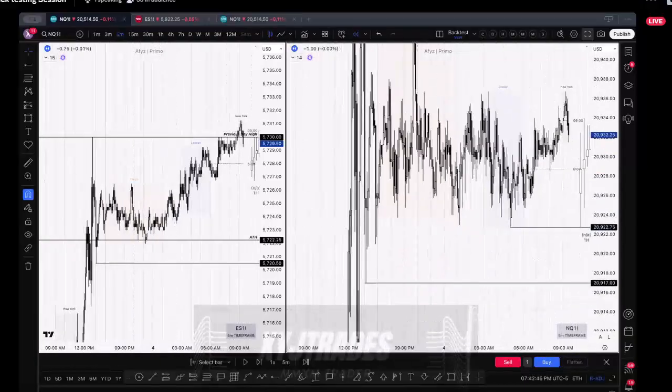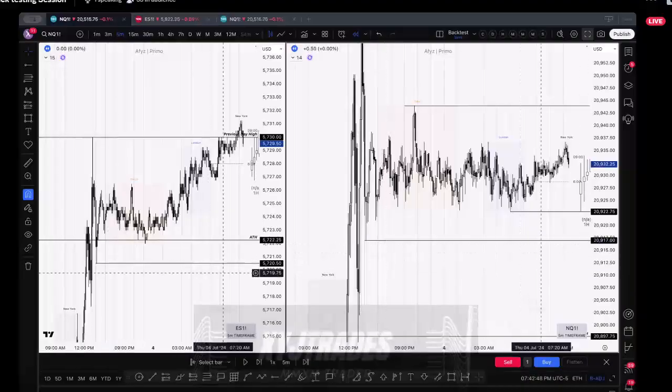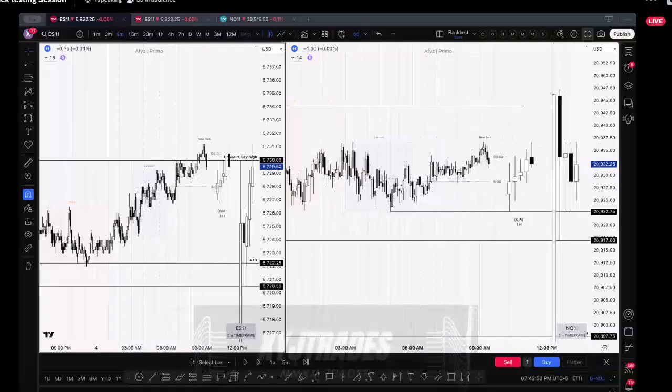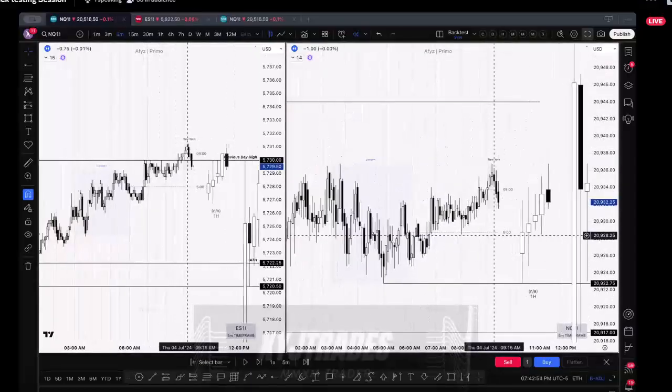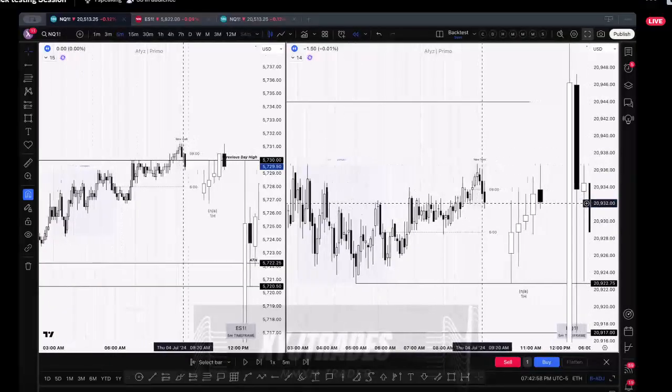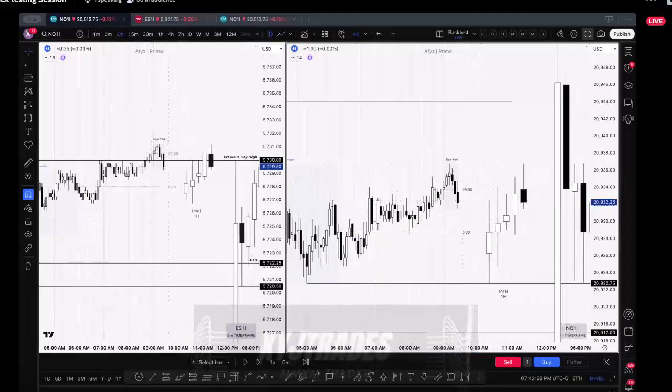A ton of accumulation here in the market and no good low of the day with SMT. There's no SMT at any of these lows, right? So I only have SMT at the high. We're trading in a range. We sweep out this high with SMT, a previous day high. I get a change in the state of delivery